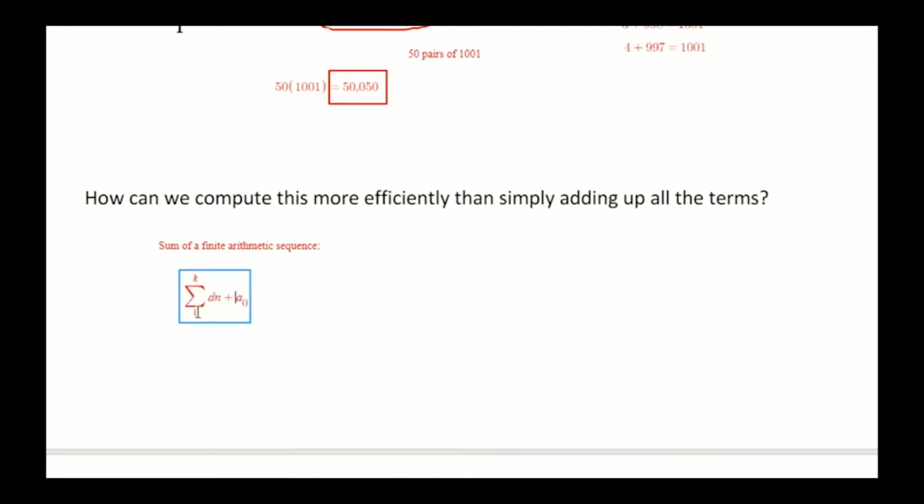Okay, so if it's written like this, d is the common difference, a sub 0 is the 0th term or a seed value, and this is just n, the upper limit up here, so this could be whatever you want it to be. What this is going to equal